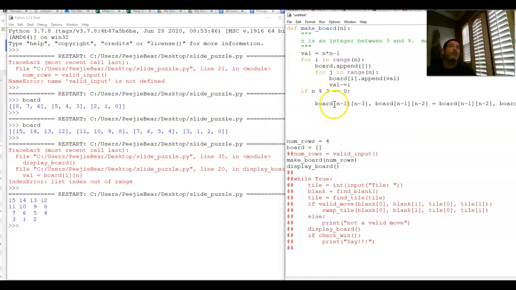So the last list is always going to be board index n minus 1, whatever n is. And the last value is always going to be 0, but the two values I'm talking about, 1 and 2, are going to be in the n minus 2 and n minus 3 spots. Well, we did talk about indexing,